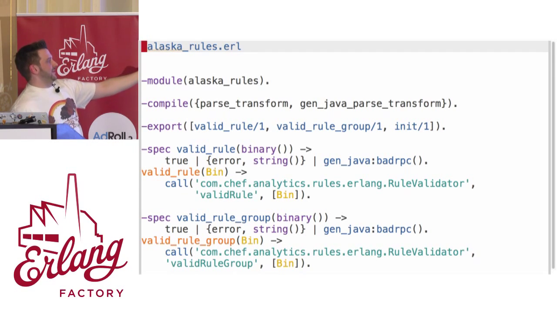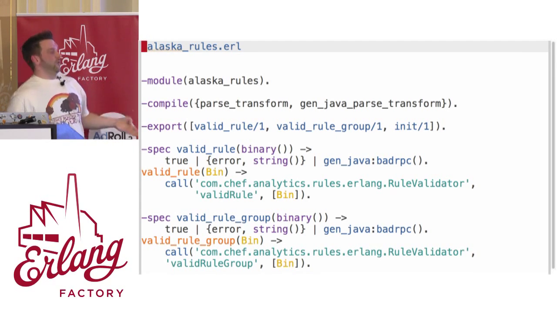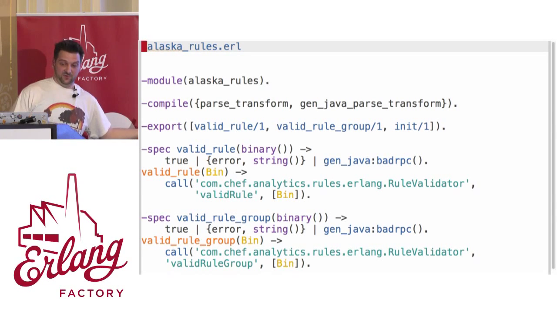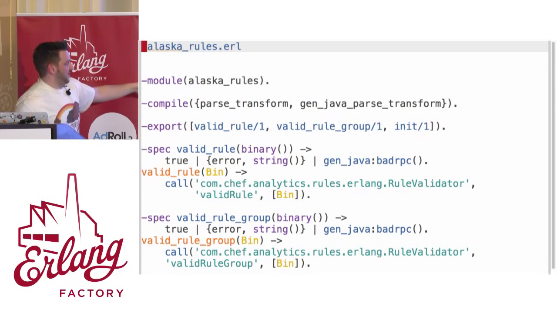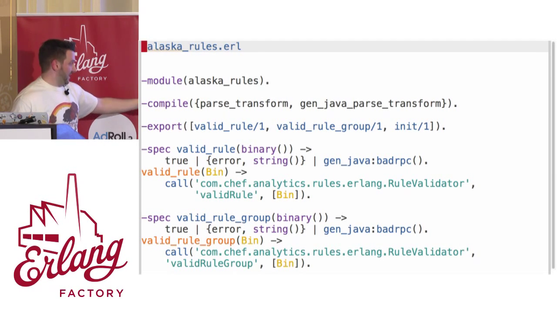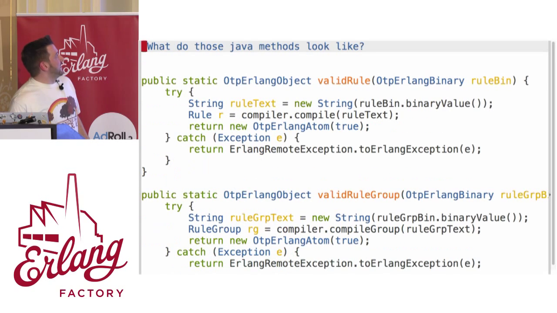And it calls our Shep Analytics Rules Erlang Rule Validator, which is a wrapper with OTP types for our actual rule validator function. We have another concept called rule groups, which is more than one group. It parses a little differently, but it's the same general idea. And then we have our,